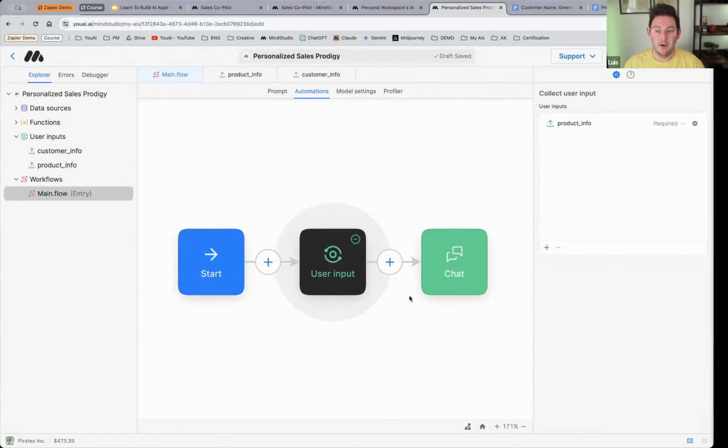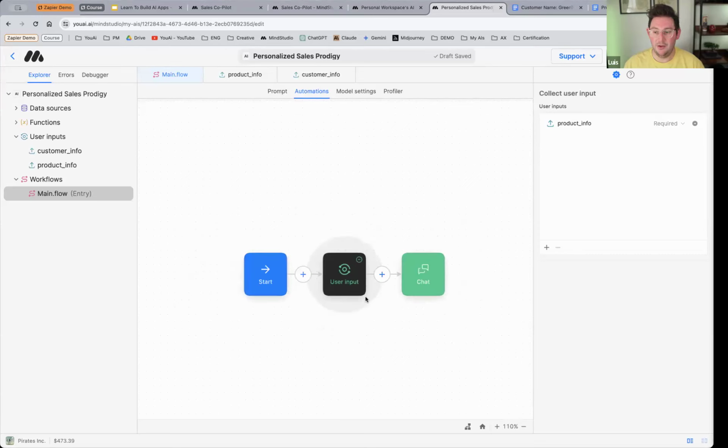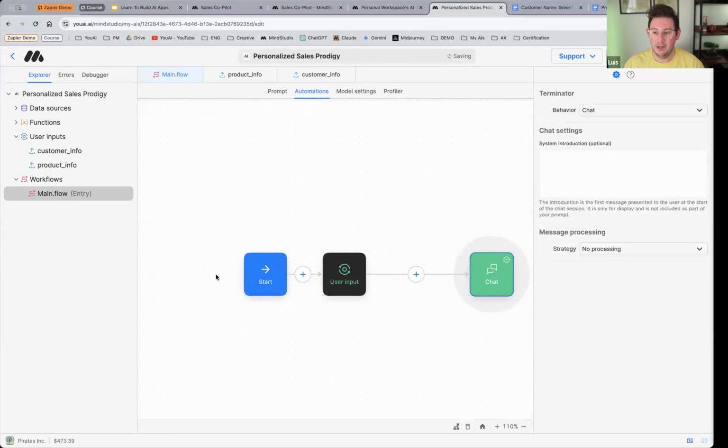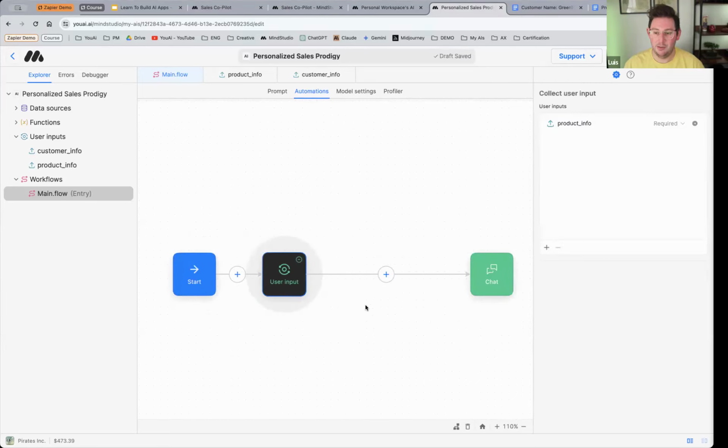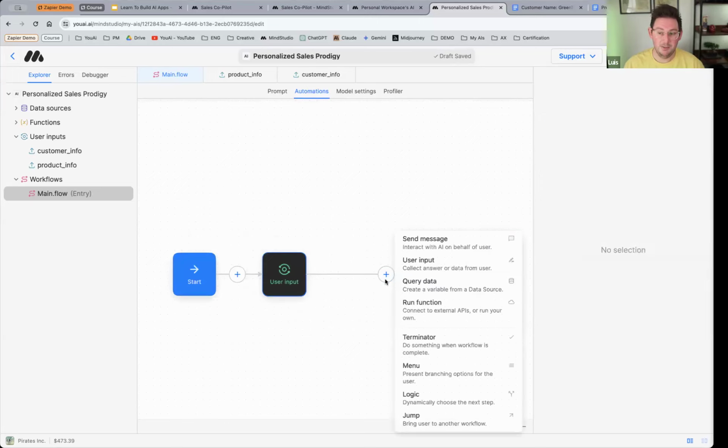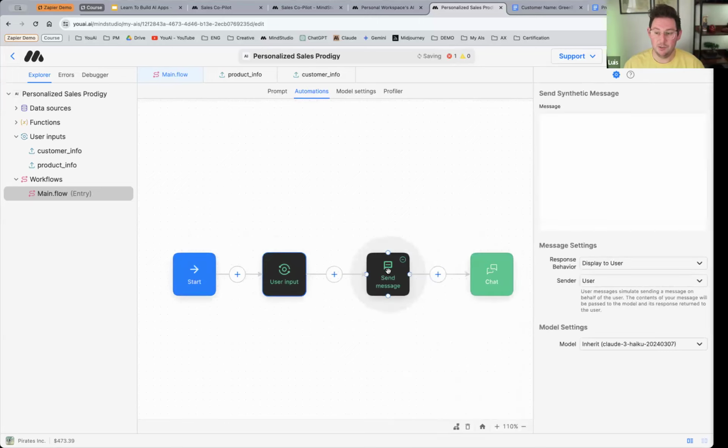Let's go ahead and we will add another block to our canvas. So all of these blocks, you can click and drag them to make more space on your canvas. So I'm going to just organize this just a little bit. And I'm going to click on this plus button again, and we're going to add a send message block. Now, the send message block allows us to send a message on behalf of the person, like we mentioned before. And this message is sending a message directly to the AI model,